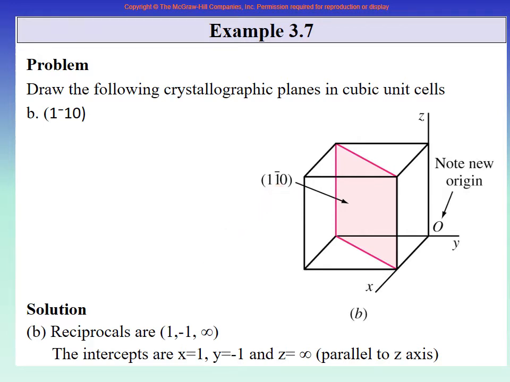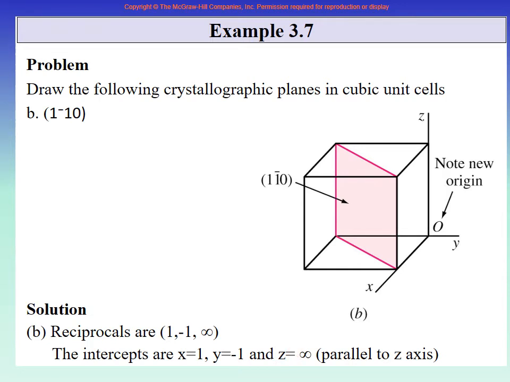You should always, when you are solving it, write that if I have this plane, then the reciprocals, right? Not reciprocals. The intercepts are x is equal to 1, y is equal to minus 1, z is equal to infinity. The reciprocal, 1, minus 1, 0. Right? So my typing error, I'm sorry. The intercepts are x 1, y minus 1, z infinity. And the reciprocal, x 1, y minus 1, z 0. Right? So this is how you do it.